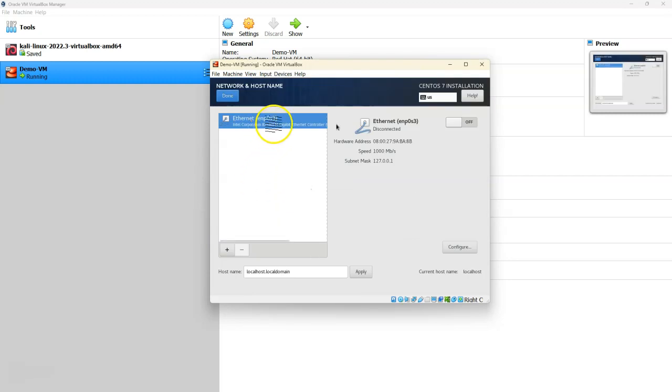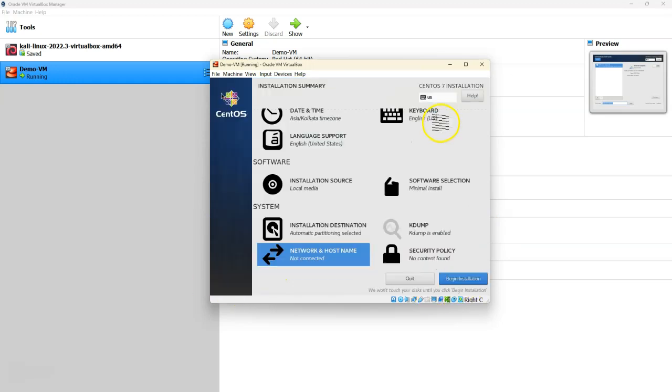And if you would like to set up any network here, you can select the network. Every network by default comes with DHCP. The host name, whatever host name you would like to have, you can set that. Currently localhost.localdomain is the default name. I will leave it as it is. So everything looks good here. Just click on begin installation,